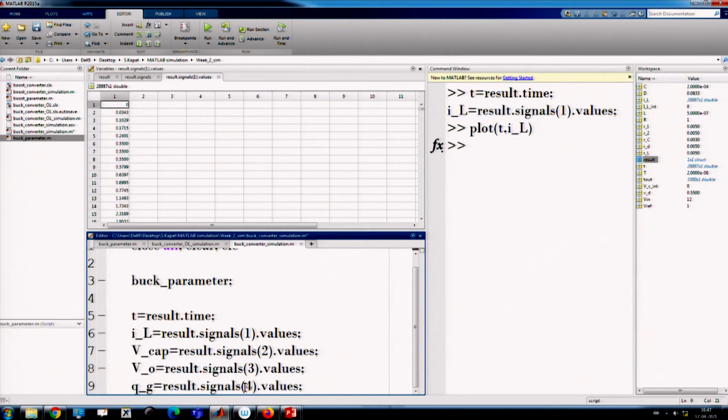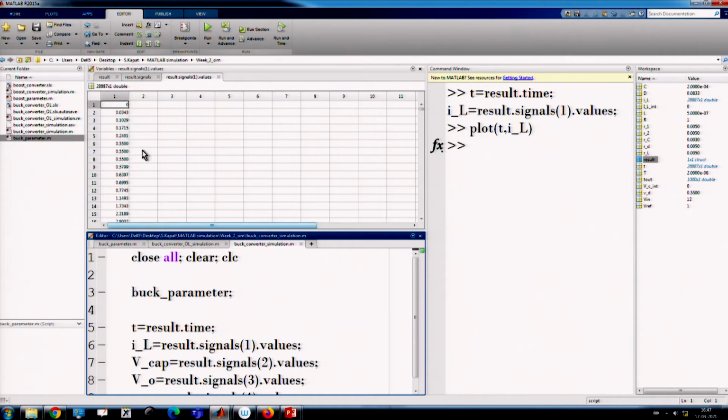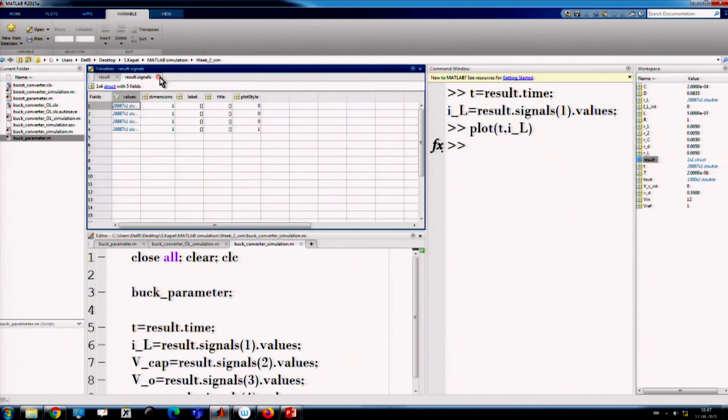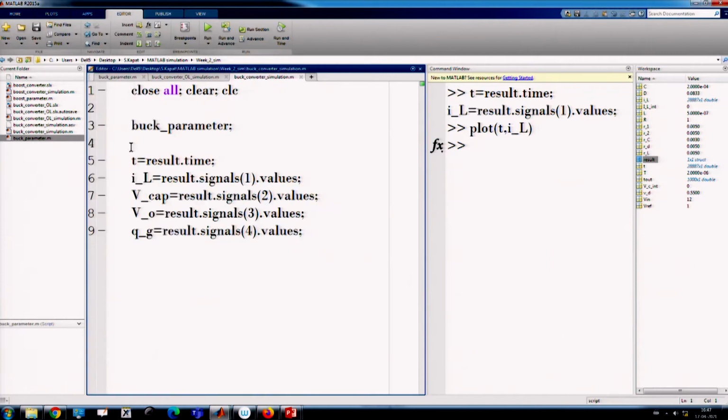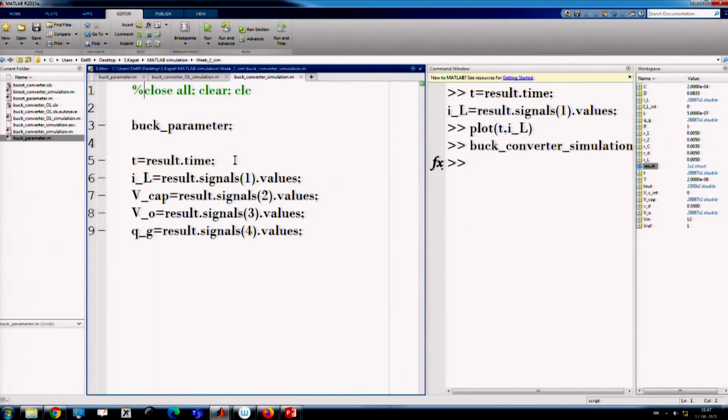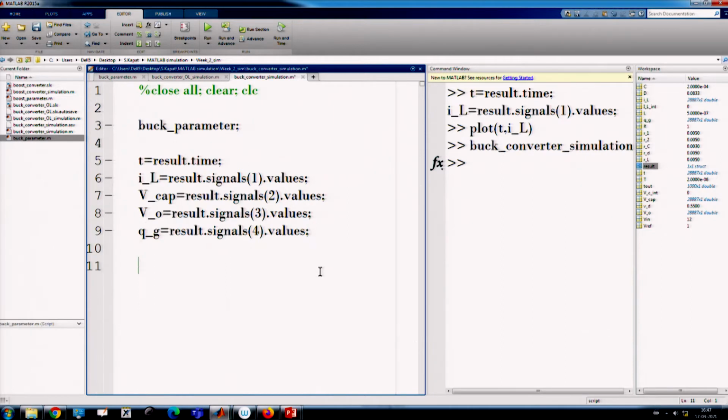Now if we execute, we can get all the data, but if we close the whole thing, then it will actually close all the data. So we will not execute this for the time being, because if we execute, this data is now stored. Now we can use the plot command.